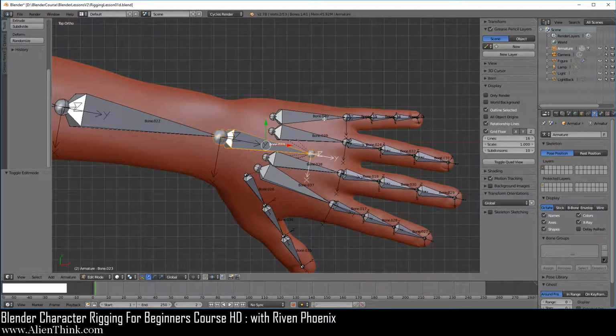So I'm just going to explain something to you here. Notice that when we created the bones for the hand, we've simply positioned them or put them in place because we're going to adjust them later. The reason for this is it's kind of pointless to do this now when you're doing this for the first time. When we get to the part where we start to assign the vertices to the actual bones, you'll see that we will be adjusting these bones to give us the correct movements for the fingers and the thumb and the palm.